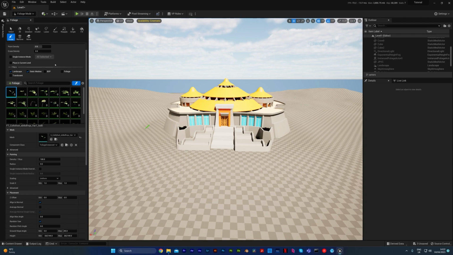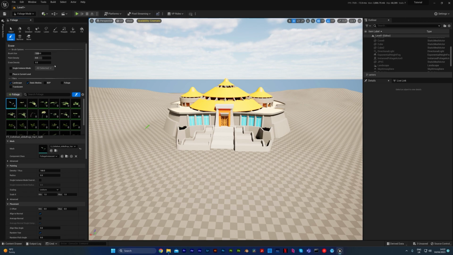Then in the foliage window, there's several things that are important to note. You've got your brush size and the brush density. So size obviously is to do with the area that you're covering in foliage, and the density is to do with the density of the plants that you are planting. It's important to note that the smaller your foliage is, the less the density matters. So smaller foliage will work quite nicely on high densities such as 0.5. But if you're going to put in a big tree, it won't work, because what it will try and do